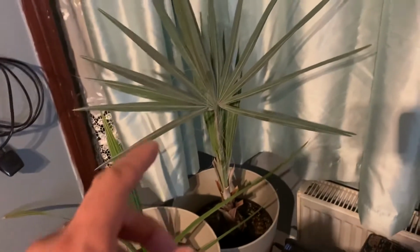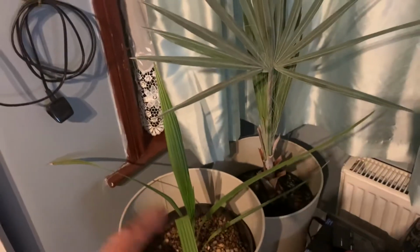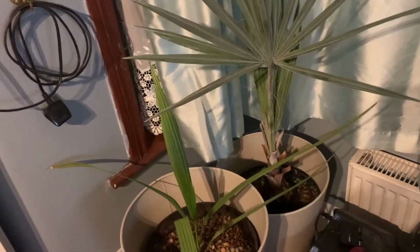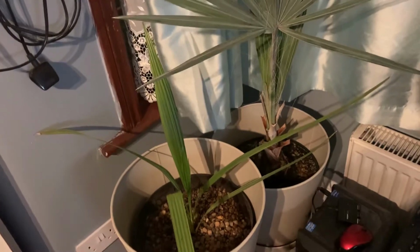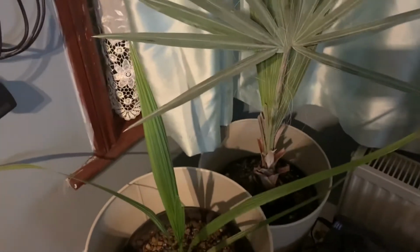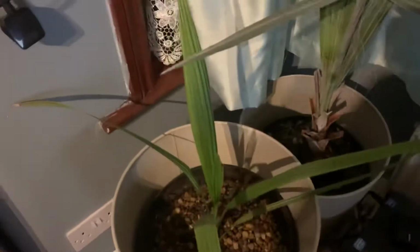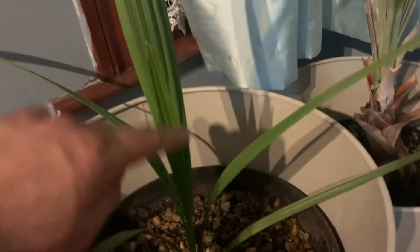So with this one, the Phoenix dactylifera, I've got maybe 7 or 8 of them in the garden. Currently left them outside for summer, but the thing is, they hardly grow. The growth is extremely slow, if not non-existent. Whereas this one, it's been pushing out this new frond, from here to there, in the last 2